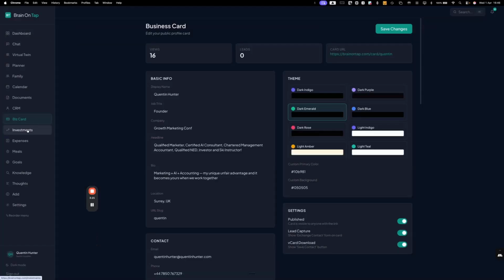We have an investments page. I won't go into the details of that because I've got my own investments in there, but you can put in your portfolios, the metrics you want to measure against, and the prices. You can put in alerts in there. I have alerts on mine, so if my share price moves more than a certain percentage a day, I get an alert. I also get an update on my portfolios at various times during the day.